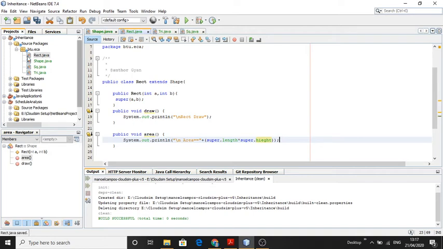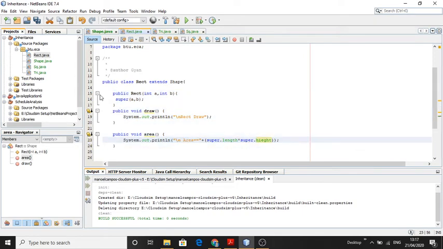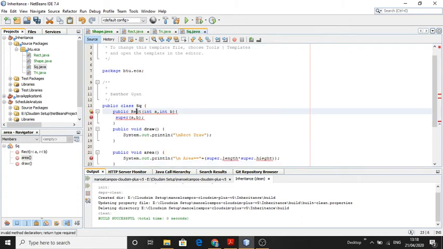In the same way, we will also create three methods in the other classes. Square, we just copy and change.